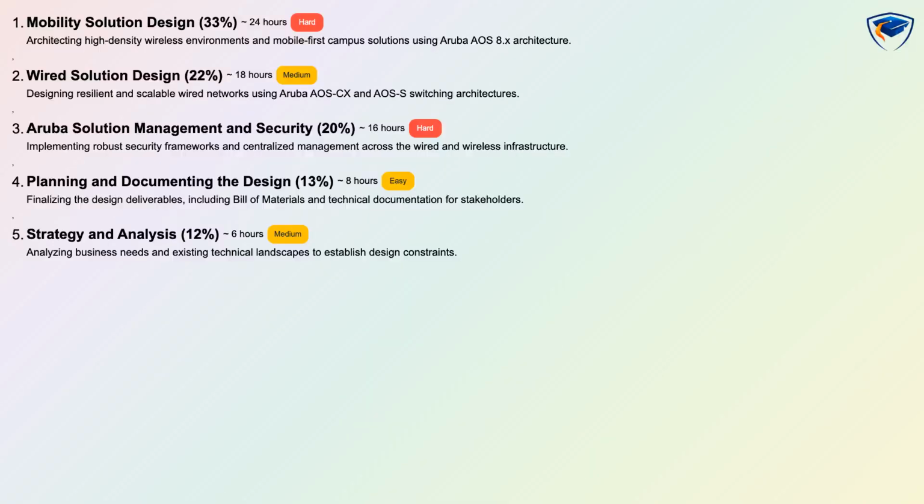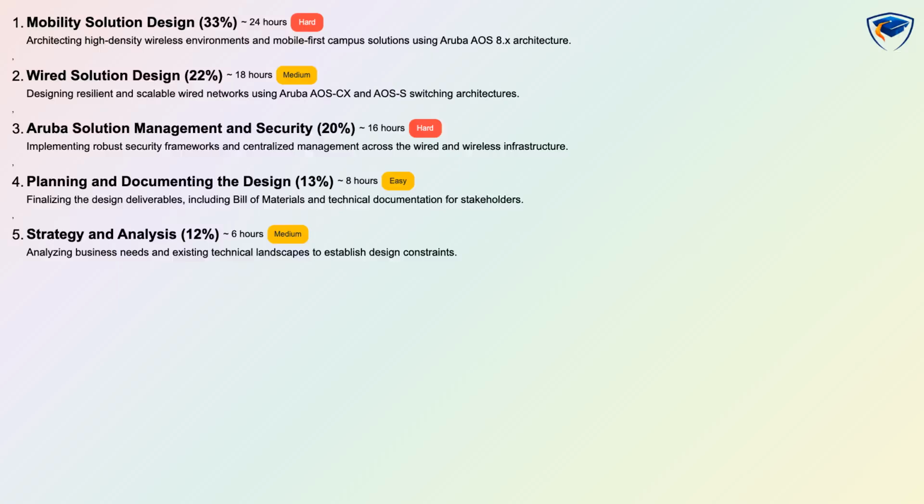The exam is split into 5 domains with the following weights: Mobility Solution Design 33%, Wired Solution Design 22%, Aruba Solution Management and Security 20%, Planning and Documenting the Design 13%, and Strategy and Analysis 12%. Difficulty levels range from easy to hard and assessments combine scenario-based, conceptual, and hands-on tasks, so expect practical design scenarios